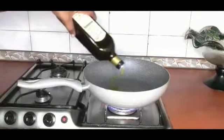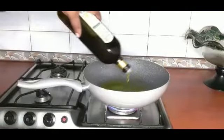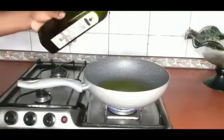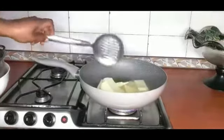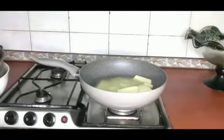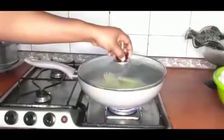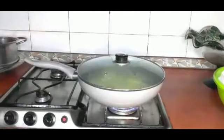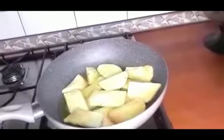There is my oil, extra virgin olive oil. That's what I'm going to use to fry this yam. Now I go in with my yams already sliced, as you can see. Now I cover it up for it to steam very well. This is sweeter, guys. You need to try it,